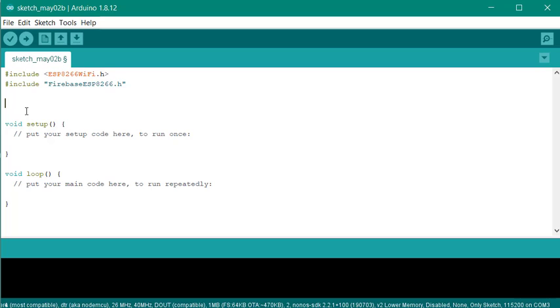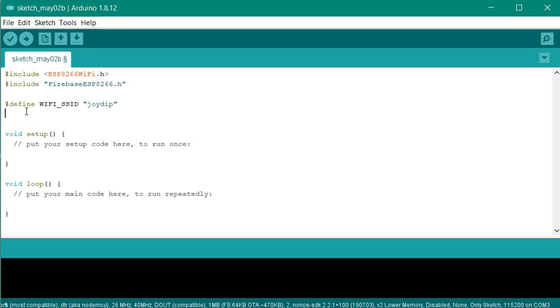Now we need to set up our Wi-Fi SSID and password. I define my Wi-Fi variable as WIFI_SSID, and in my case my Wi-Fi SSID is Joydeep. Then I need to define my Wi-Fi password. In my case the password is